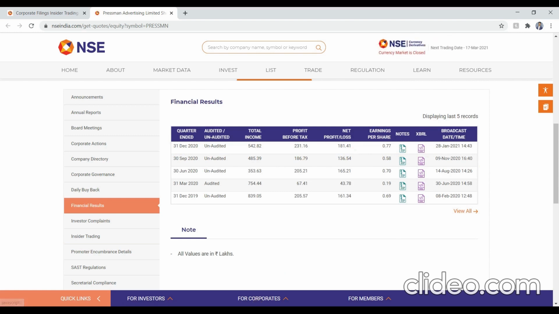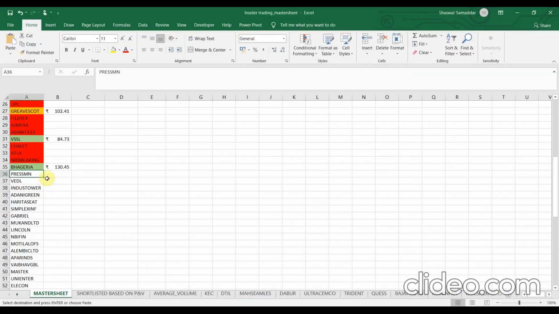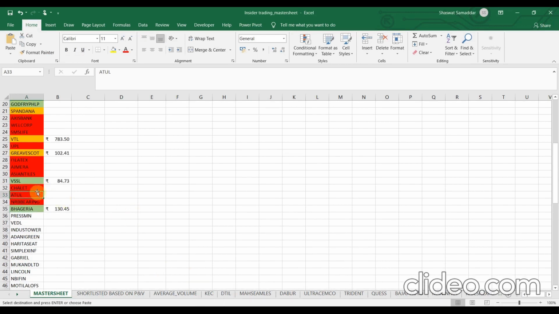So let me tell you a bit about the color coding. I color code the stocks as green when it passes all of my 4 criteria that I mentioned just now. If it fails to fulfill any of the 3 primary criteria, then I would mark it as red. Now, if a stock fulfills all the 3 primary criteria but fails to pass the criteria of the earnings per share to be positive, then I mark it as yellow. Okay.